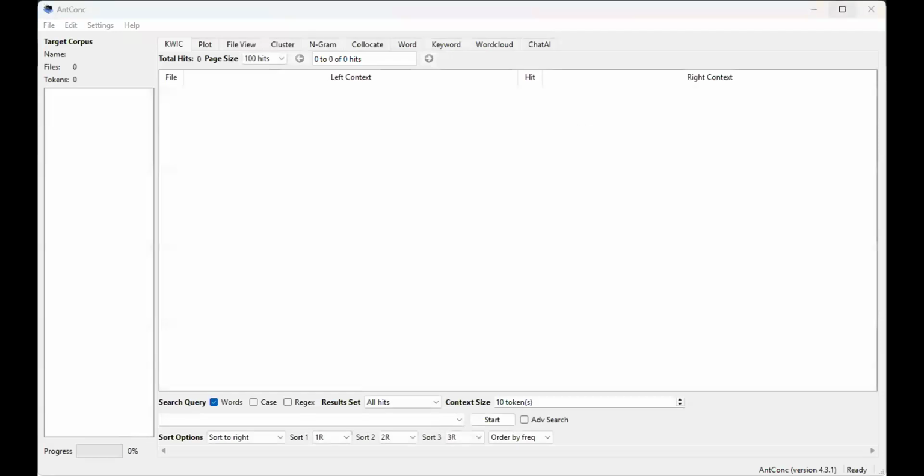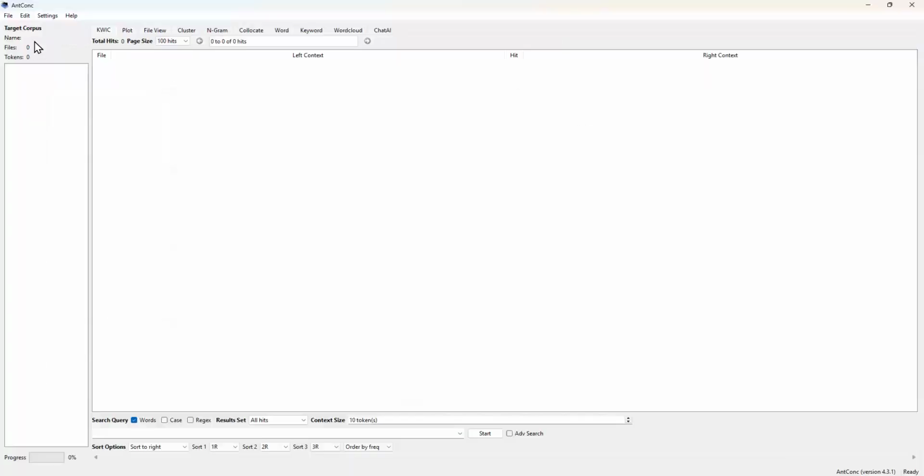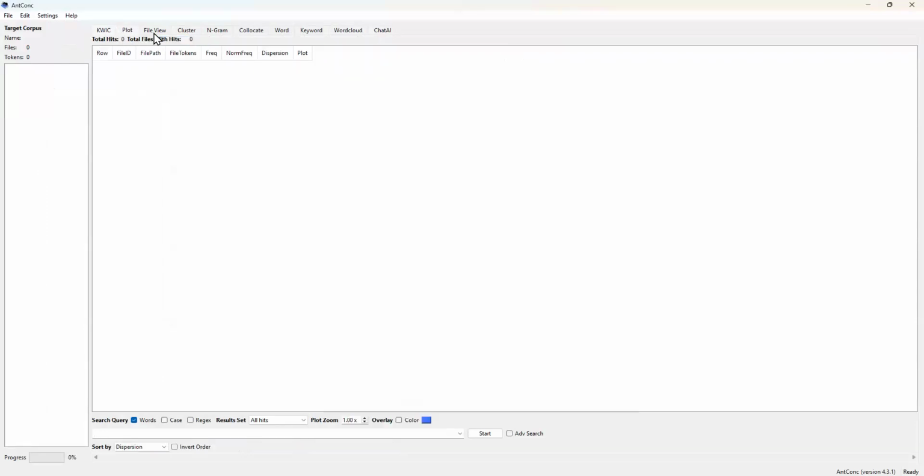All right, there we go. So we have our target corpus listed here that you can put in here, and we'll get to that in a second. You'll have the various different tools that you can use here, from keyword and context, plot, file name, and all that. So if you look at the top here, total hits along here,